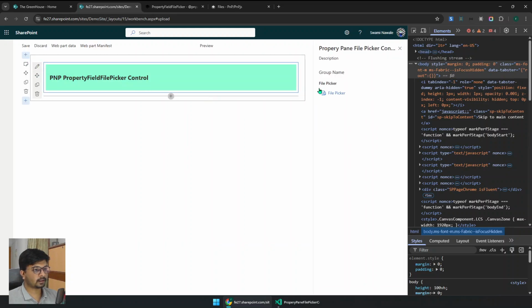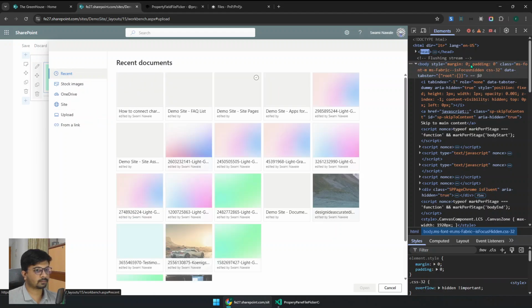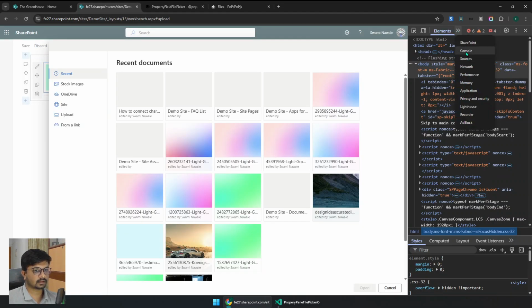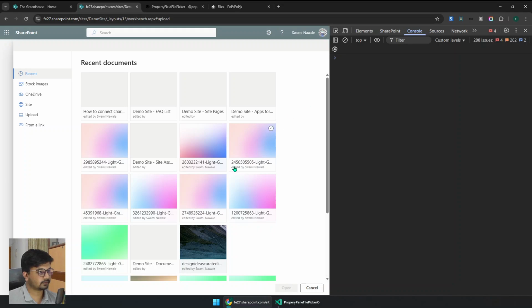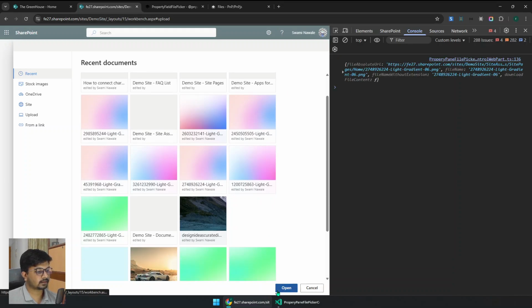If I edit the web part, I get the file picker. If I click on it, I have various options. Let me just show you one option from here for demo purpose. Let's select any of the files from here. I will remove the console so that you can see the values. If I select this and click on open,